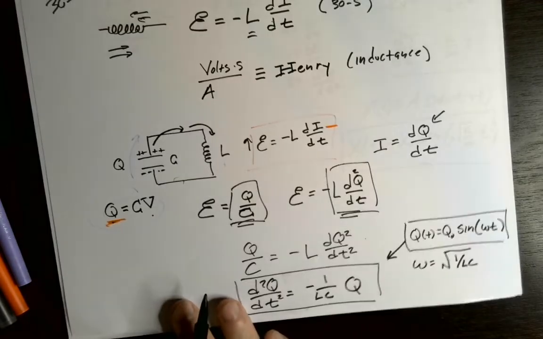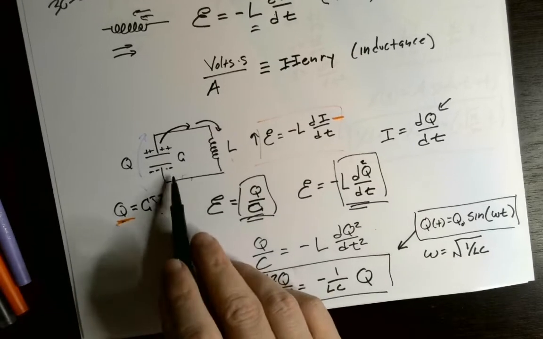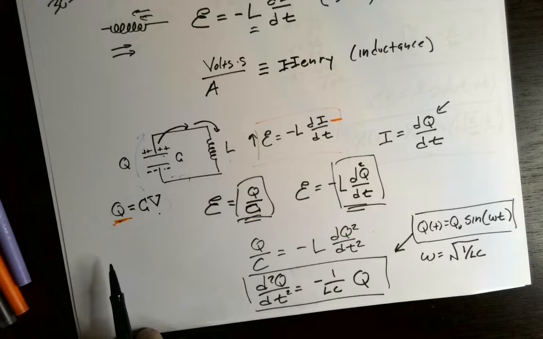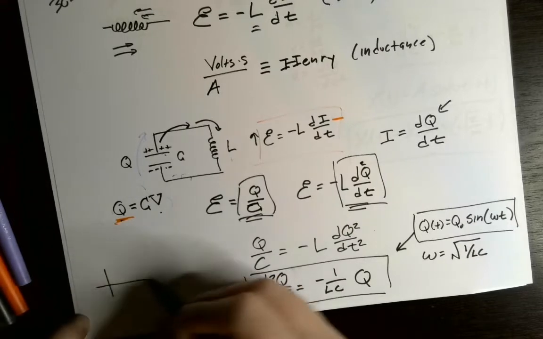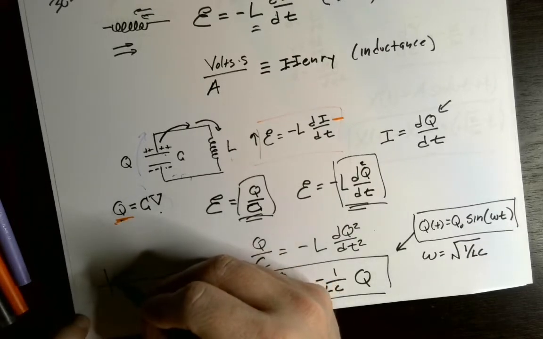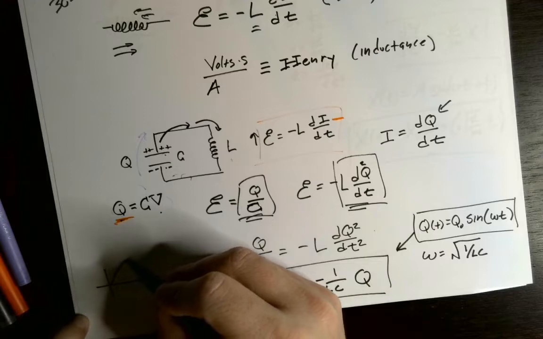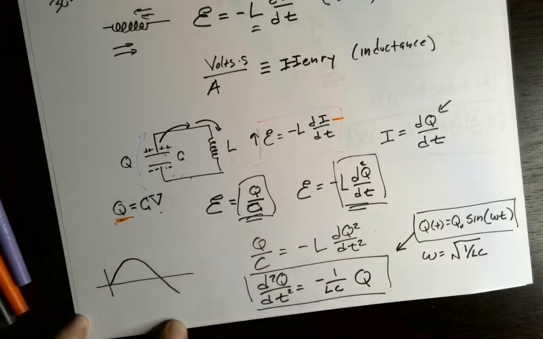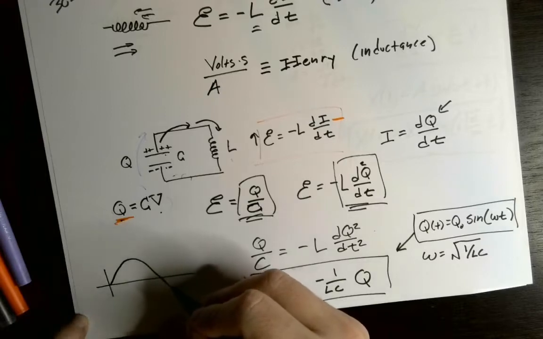What will happen in this circuit is if you charge up a capacitor and put an inductor in the circuit with it, that charge will start to flow, but the inductor will resist it and push in the opposite direction. It will push so much that the current starts to flow the other way,